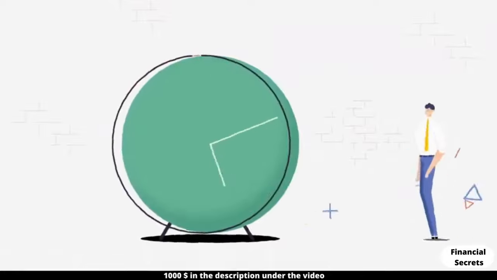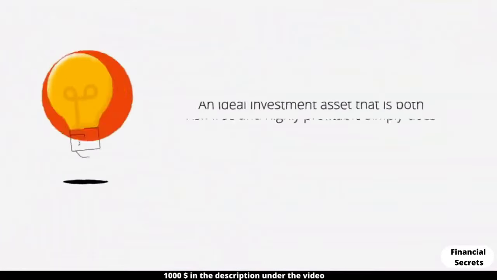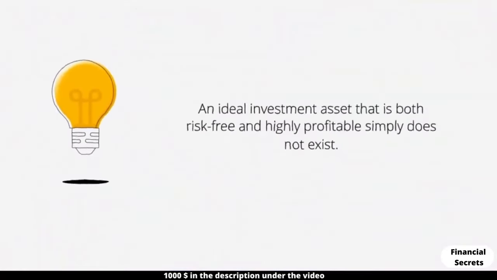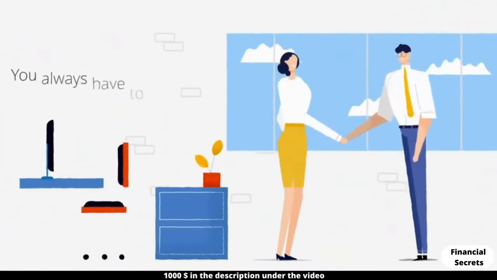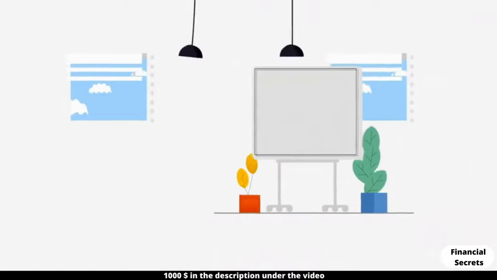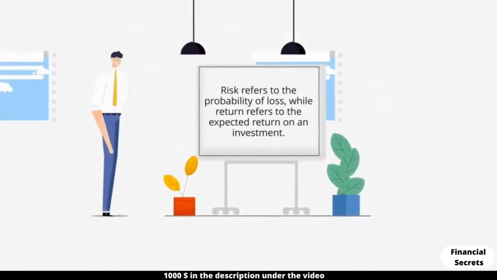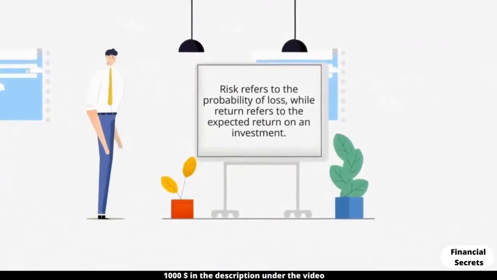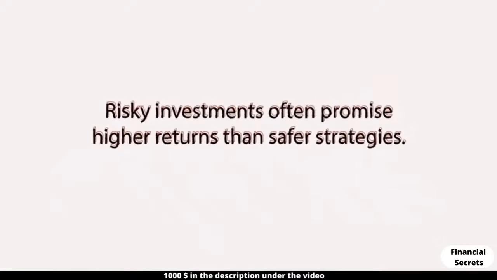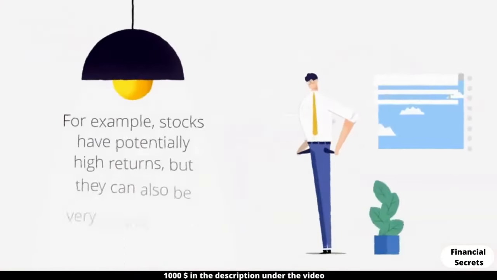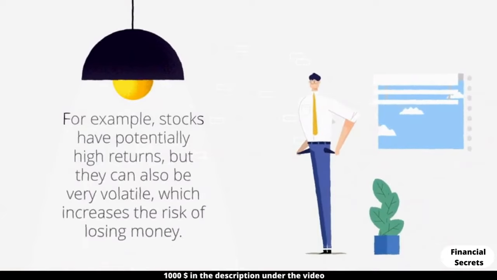Chapter 2. Understanding Risk and Return. An ideal investment asset that is both risk-free and highly profitable simply does not exist. You always have to balance between risk and return. Risk refers to the probability of loss, while return refers to the expected return on an investment. Risky investments often promise higher returns than safer strategies. For example, stocks have potentially high returns, but they can also be very volatile, which increases the risk of losing